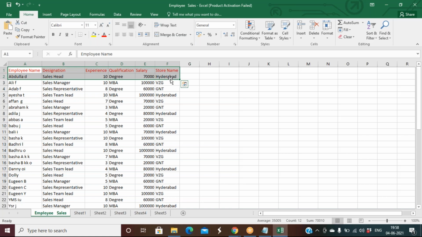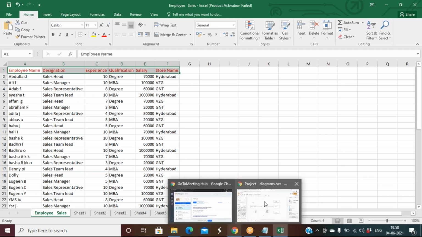Same way, if I want to call something a table or an object, it should be able to generate a record. So how can I generate a record? If I am able to define some columns, then according to the columns the user will enter the details, and the records will be generated.